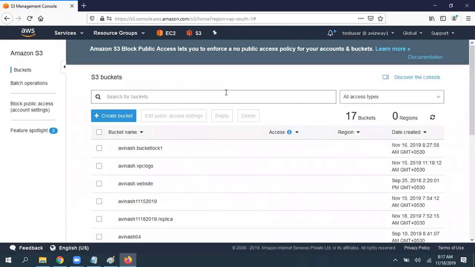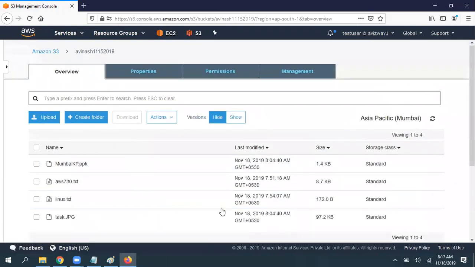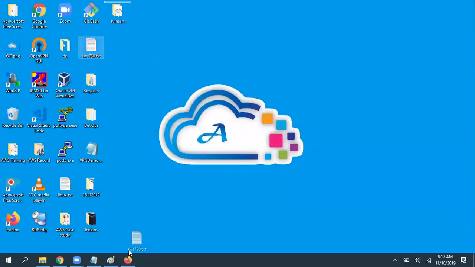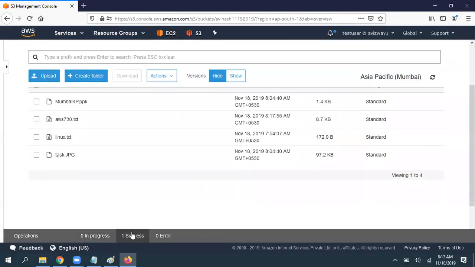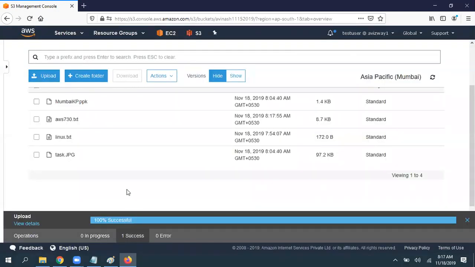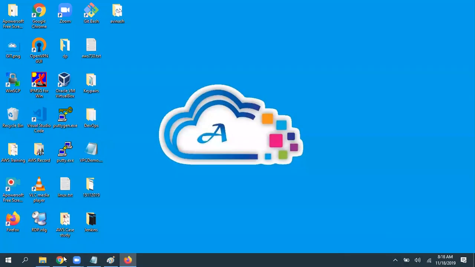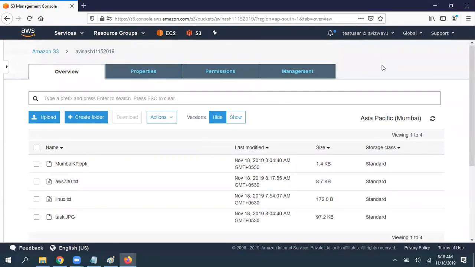So decide on what bucket you want to work on. So I'll apply this on this particular bucket. Now when this test user tries to upload any object to this S3 bucket, and he is able to do that, it is a success. Why? Because he has valid permissions on the S3 platform. Now I want to restrict this user to upload objects to this particular bucket only.